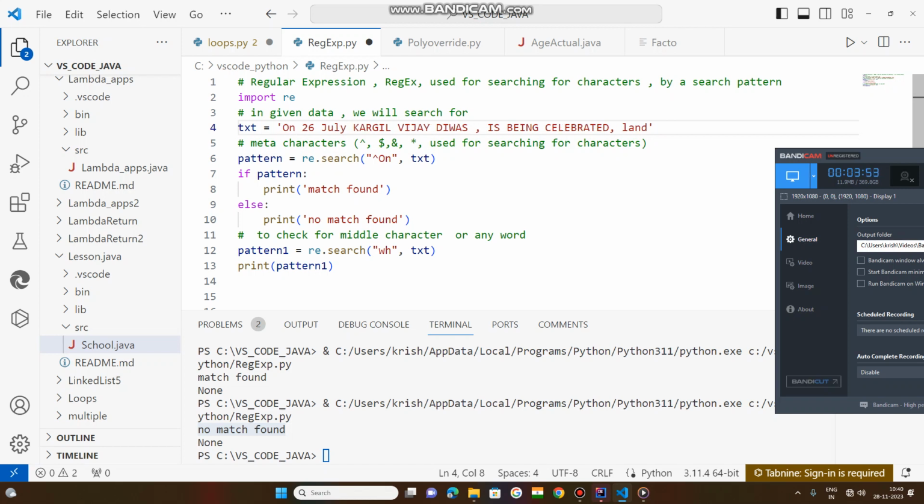If you are looking with no white space, the text must have no white space. The string, whatever string we have declared, started with the word on. If it has no white space, you need to design the pattern with no white space. Okay, now